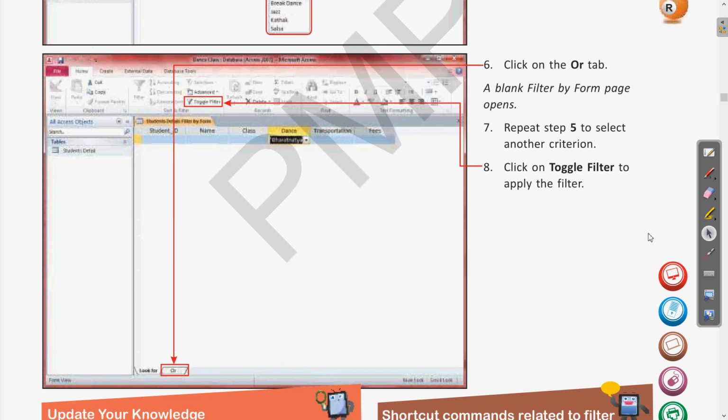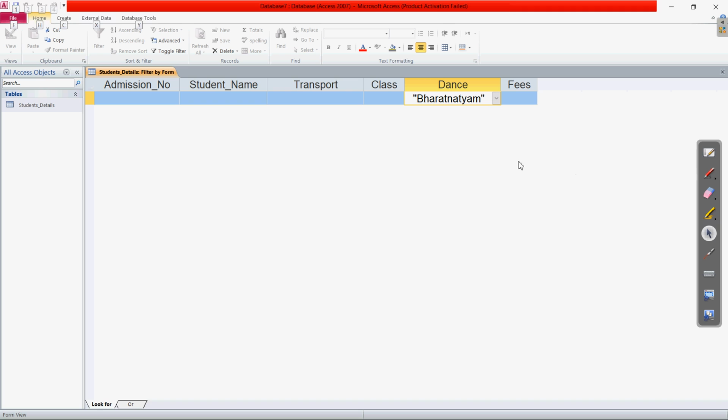Let us see. Come to our database. This we have already done. We have set one condition. Now we are going to use the second criteria with the OR option. So I have clicked on OR. Clear? First we have seen that Bharatnatyam was our one condition. Now in the dance form we can choose any of the fields.